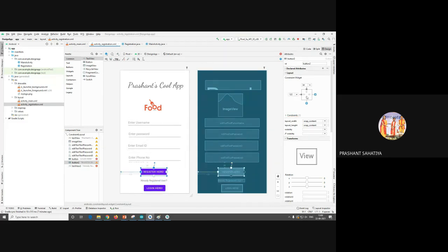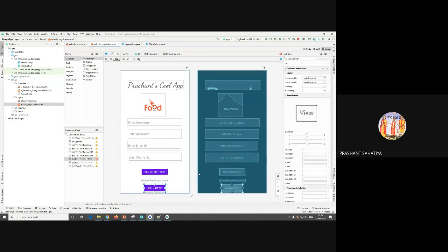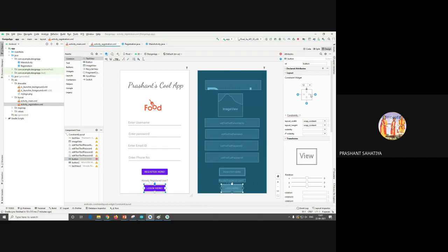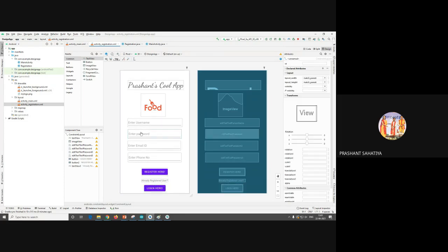If you keep it in between, it will look like a good view. Here you can check. See, it is 122 and here it is 134. So either decrease this or increase it. So I'll make this 122. So now it is in center. So both 122. Now this is also in center. Same for this thing. Now this is 141 and 142. So you can do 141 here. So that's it all about your registration screen.